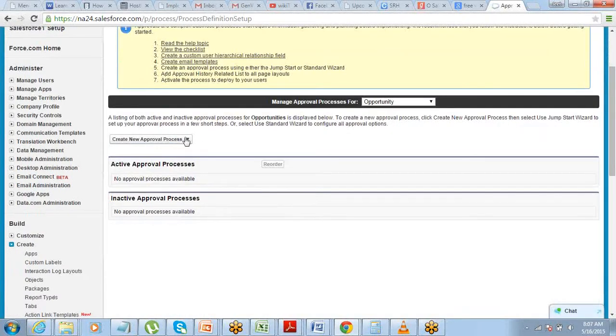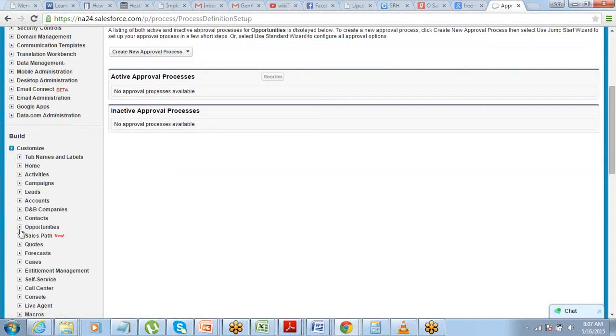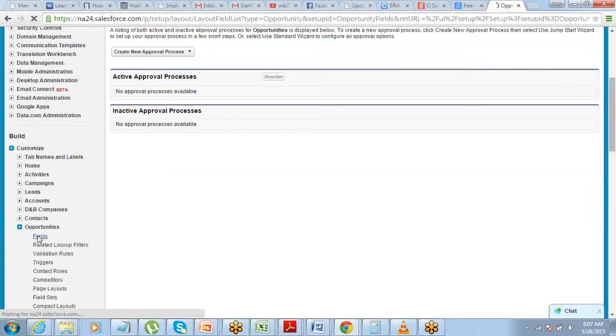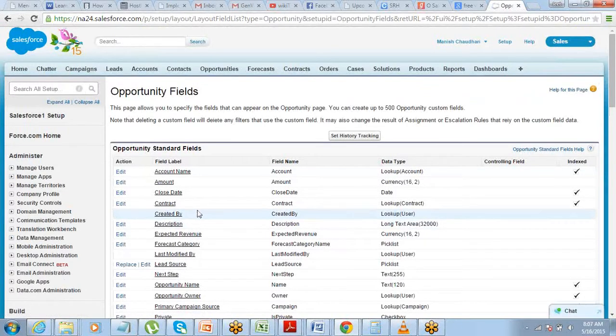Okay, sorry. Before I create the approval process, there's one more thing that I have to do, right? We'll have to create an approval status field on the opportunity object. So just go to customize opportunity fields, create a new field.